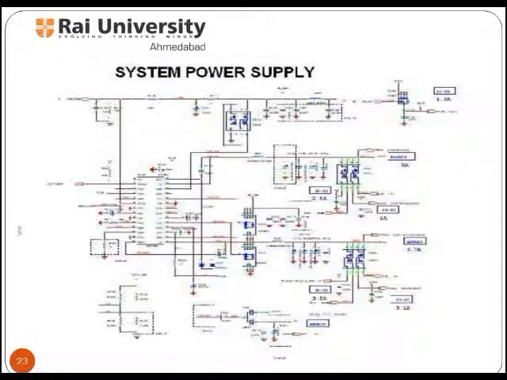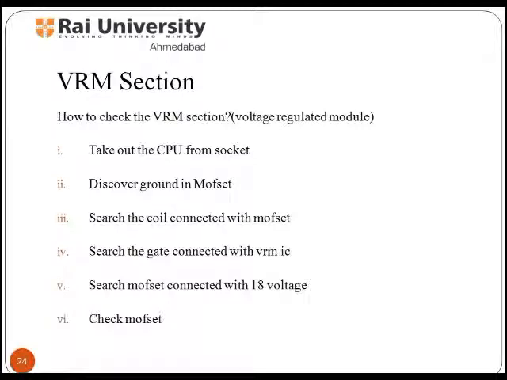Power for the processor comes from a device called the voltage regulator module, that is VRM, which is built into most modern motherboards. This device senses the CPU voltage requirement and calibrates itself to provide the proper voltage to run the processor of the laptop. What is the VRM section? It is the voltage regulator module section, which senses the microprocessor voltage requirement to run. VRM enables it to run on either 5 volt or 12 volt for input voltage. Let's study how to check this section.